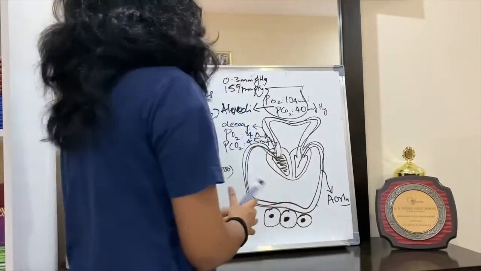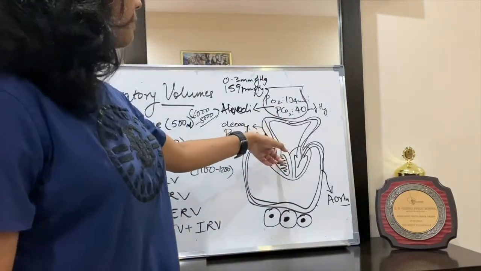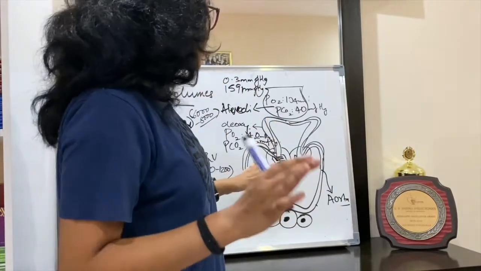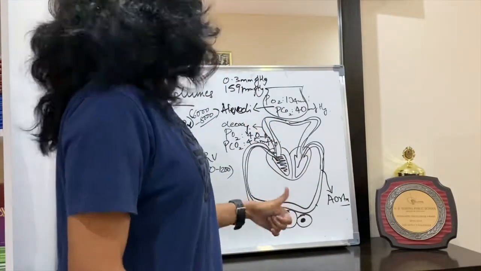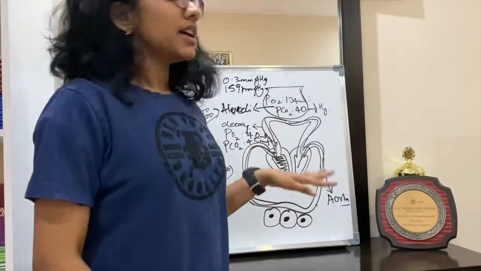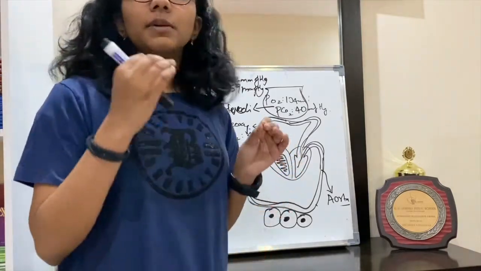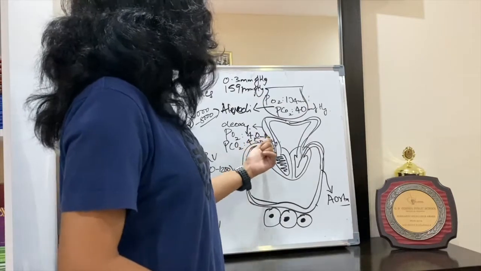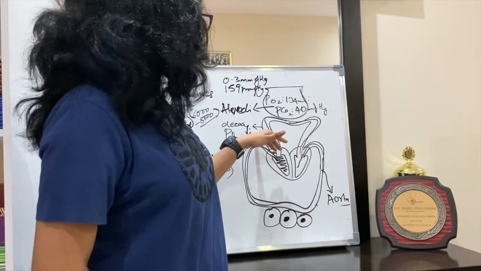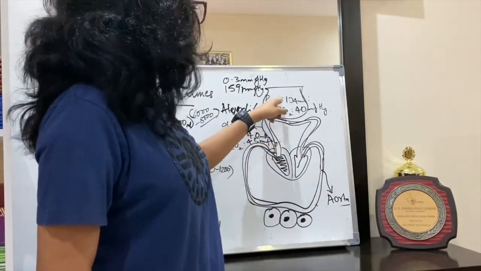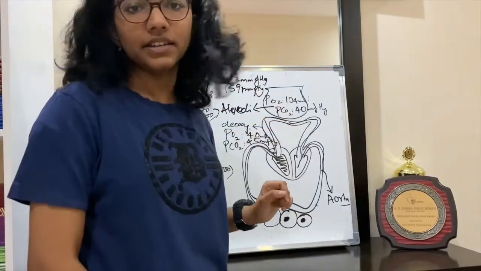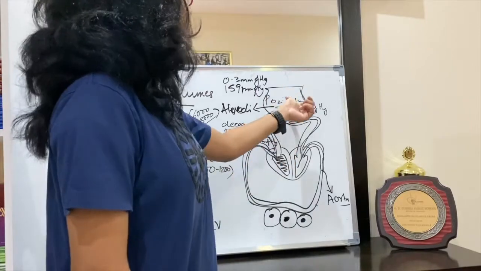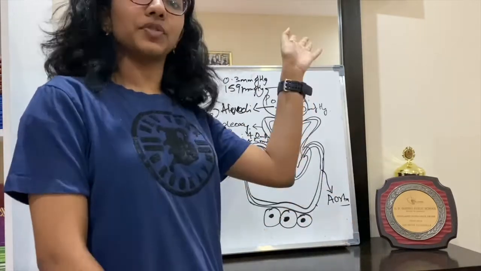From the right side of the heart, it is pumped through the pulmonary artery. We learn all of this in the circulatory system, so don't bother right now, but still it's good if you know. It goes towards the lungs. Now in deoxygenated blood the partial pressure of oxygen will be 40 and that of carbon dioxide will be 45. So since it has a lower partial pressure of oxygen, oxygen diffuses from the alveoli into the capillary, and carbon dioxide diffuses from the capillary into the alveoli and it's sent out of the body.